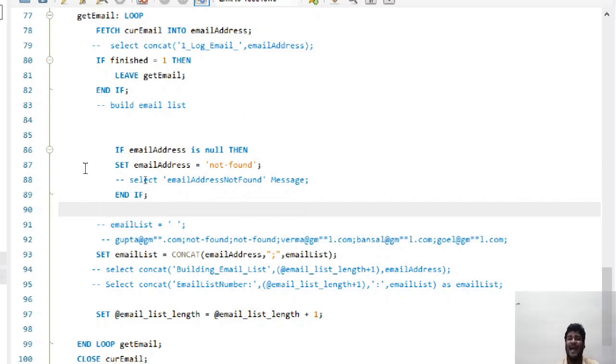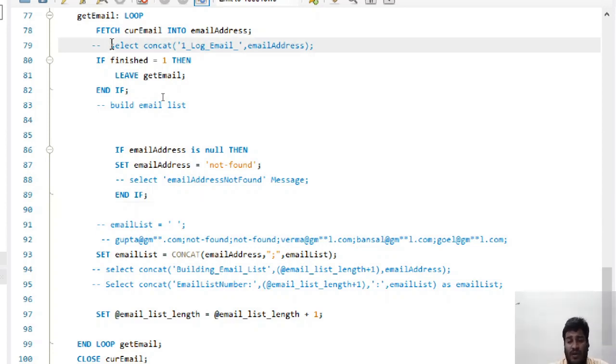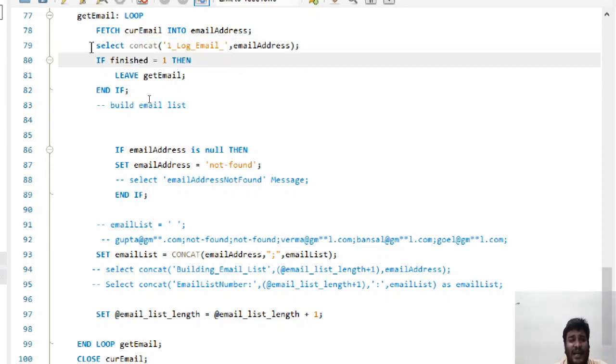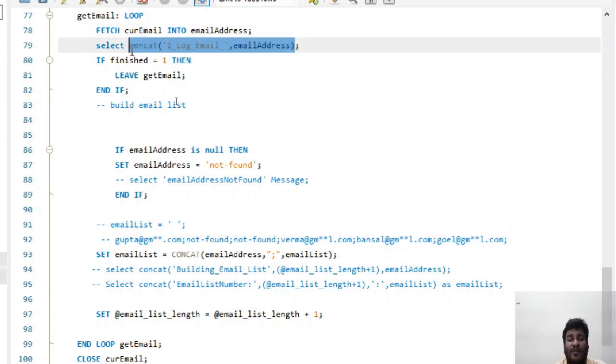So again, this dry run is a method of finding the cause. We need to figure out which particular procedure is causing the issue, then we have to dry run it. Or else there are times where we need logs. So how can you put up logs? You can just put up a simple select statement. I have already commented it before, so we do not require this in production. This particular select statement will give me the value of the email address which is fetched for every iteration. For the first iteration, I will get goel at the rate. This way I know where my program is going and where we have the error.